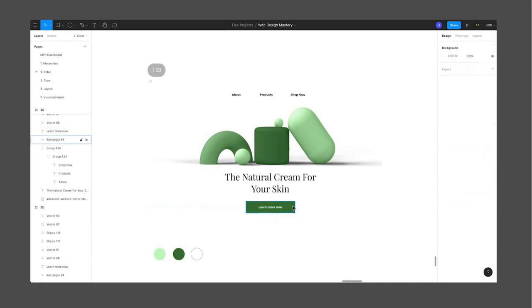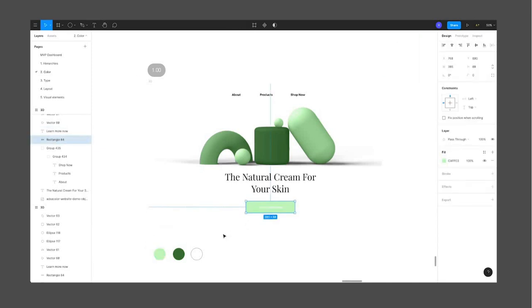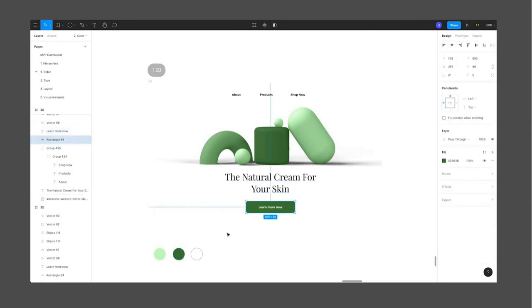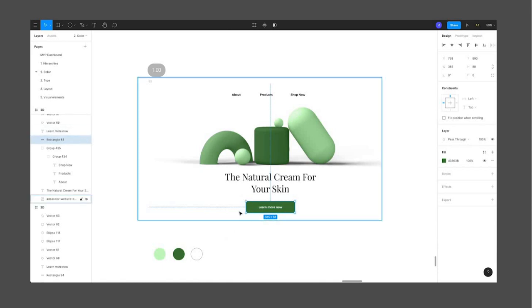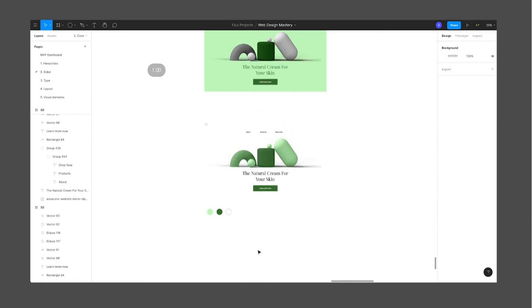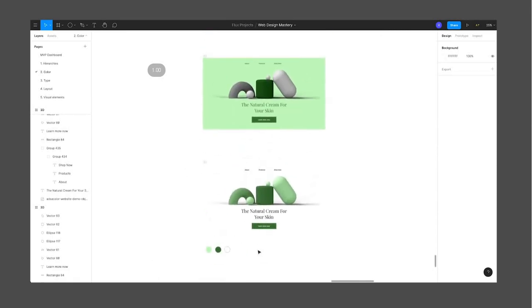And for this button, let's see what happens if I use this color with this text. No, I think it's actually better the way it was before. It's more contrasted right now, and my attention will go here. So this is another implementation of this